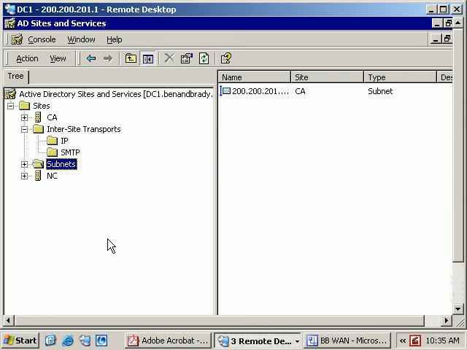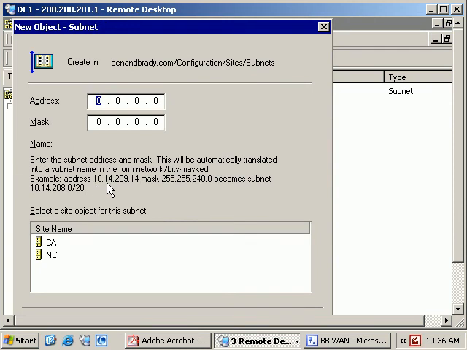So at this point, we have created a new subnet called 201.0 and associated that with the California site. Now, we are going to follow the same process and then create the second subnet. So let's do that again. Right click on this, new subnet,